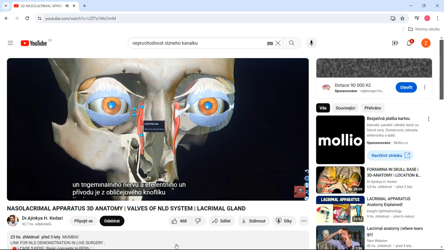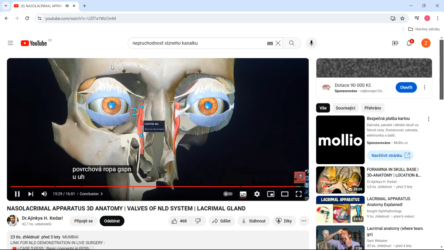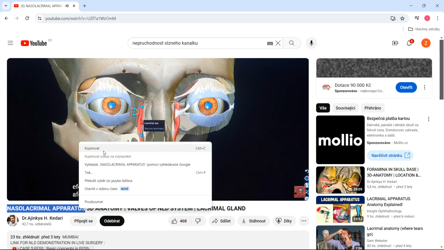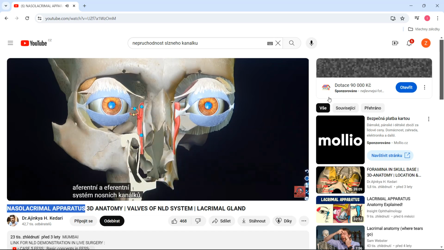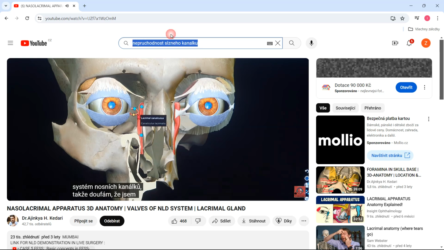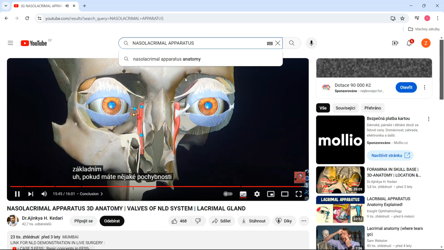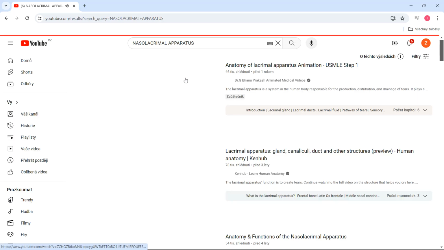the facial nerve. The facial nerve gives off the branch called the greater superficial petrosal nerve, the GSPN, at the geniculate ganglion. Okay, so that is how it is formed. That's the afferent and efferent supply of the nasolacrimal duct system. So I hope I've cleared the anatomy in basic. If at all you have any doubt regarding the anatomy,